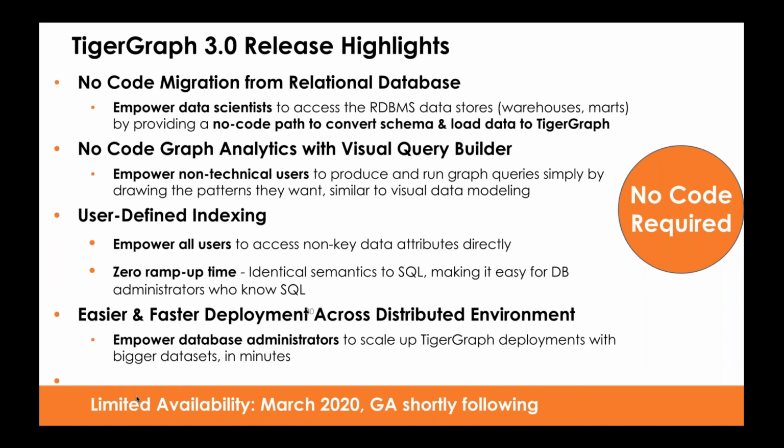But as your use cases change, as data changes, some other attributes may become much more important. But since the design is already done, to get performance for those non-primary key attributes, you will need some sort of secondary indexing, which is what relational databases offer. So in a similar way for a graph, we are offering user-defined indexing that does the same, where you get the same performance of a primary key attribute with a non-primary key attribute.